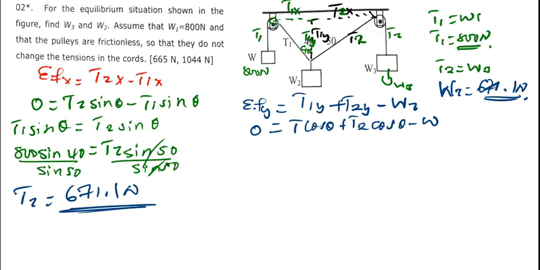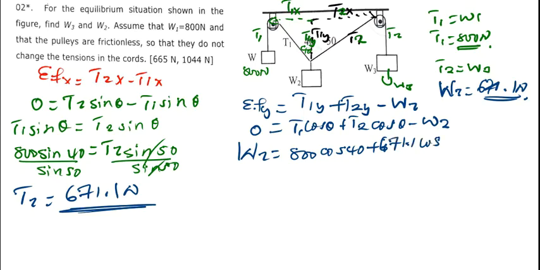Shift W2 to the other side. You end up having, what is my T1? My T1 is 800. So we have, cos the angle for T1 is 40 plus T2 is 671.1